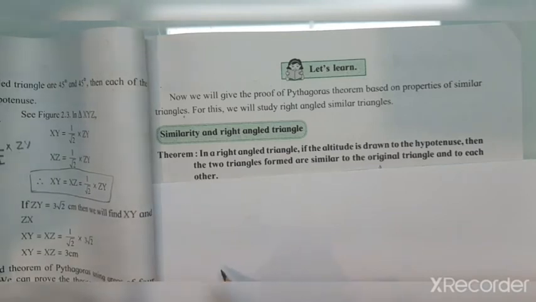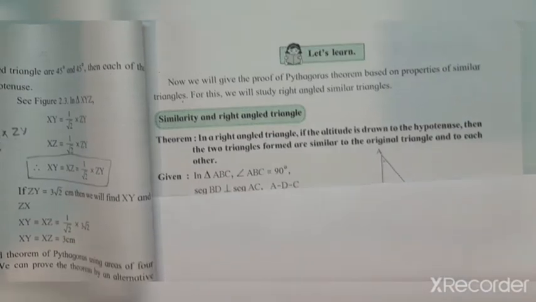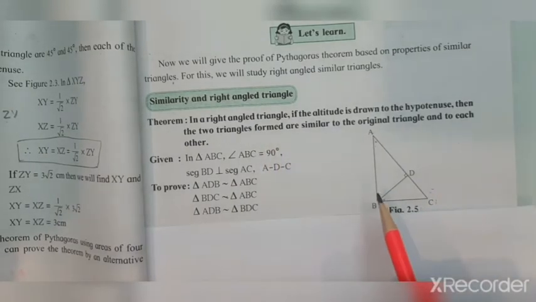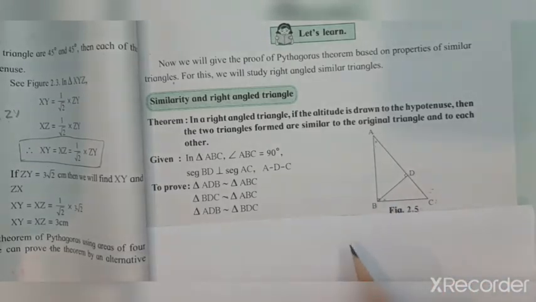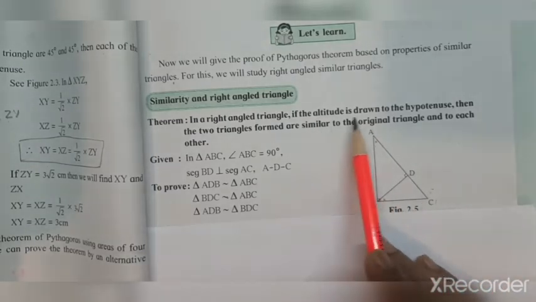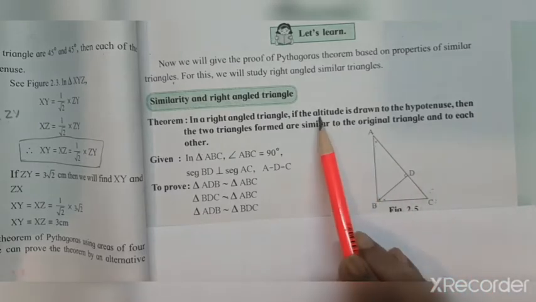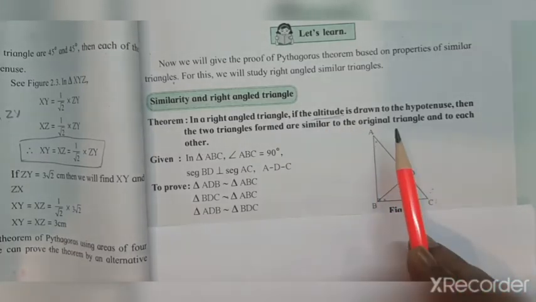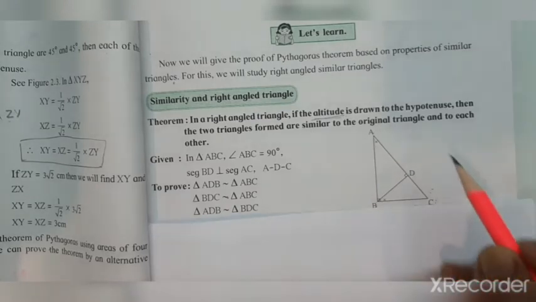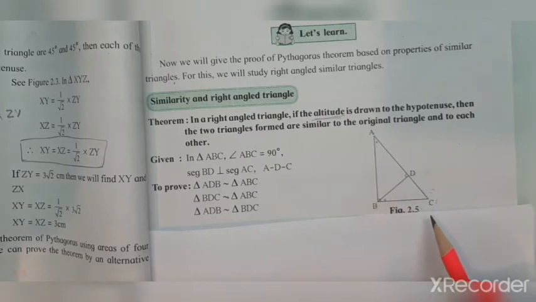This is again another important property which you have to study, and we need this property to use in our sums when we are solving sums. Now, the statement itself says that there is a right angle triangle. So here they have taken this right angle triangle ABC. An altitude is drawn to the hypotenuse. In this right angle triangle ABC, altitude means perpendicular. So a perpendicular is drawn on the hypotenuse. So what is the hypotenuse here? AC is the hypotenuse, and BD is the altitude, the perpendicular drawn on the hypotenuse.